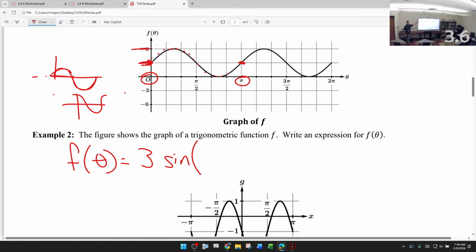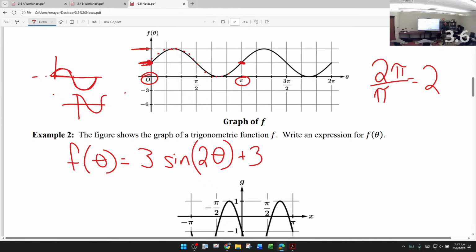I'm going twice as fast again. So if I'm going twice as fast, the normal period is 2 pi. This period is pi. That b value that I'm looking for is 2. And then we got the variable, theta. Don't forget theta. And then I got to look to see if this thing's moved up or moved down. And it is moved up